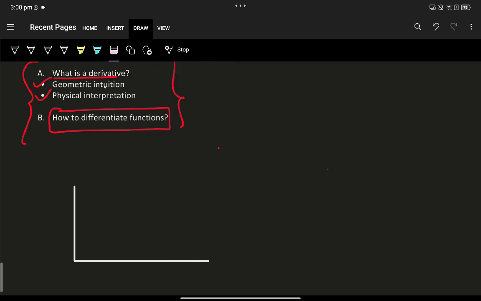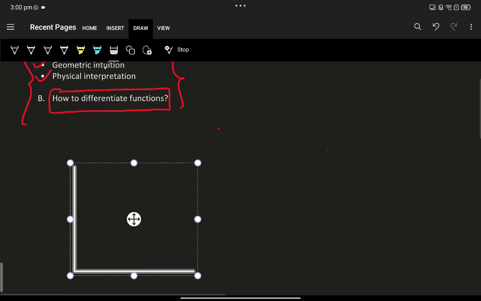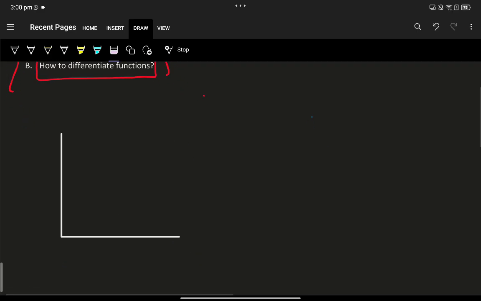So if I draw an axis and a hyperbola, something like this, this is our hyperbola, and if I draw a line which touches the graph at a single point, which is this point right over here,